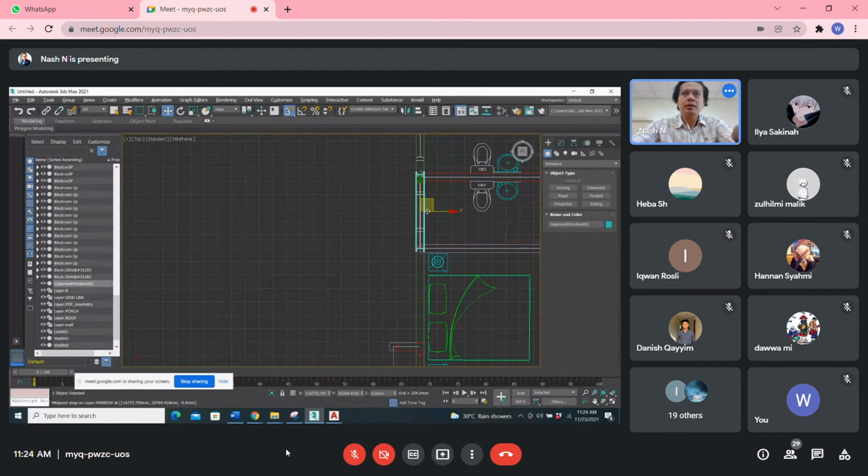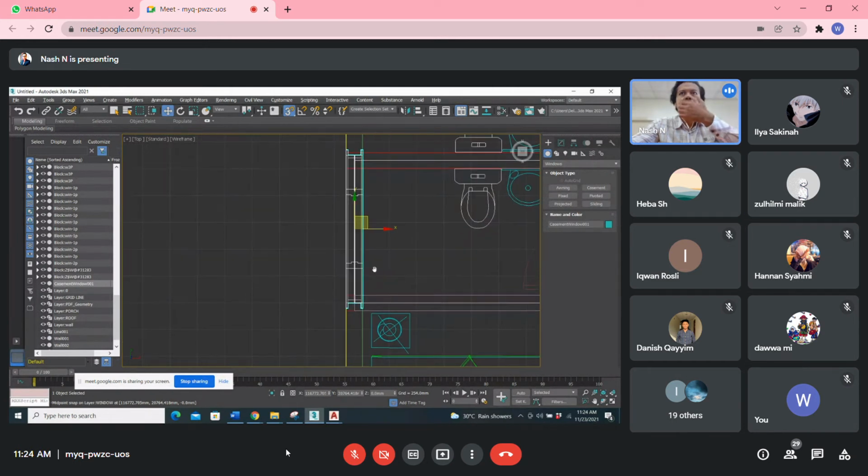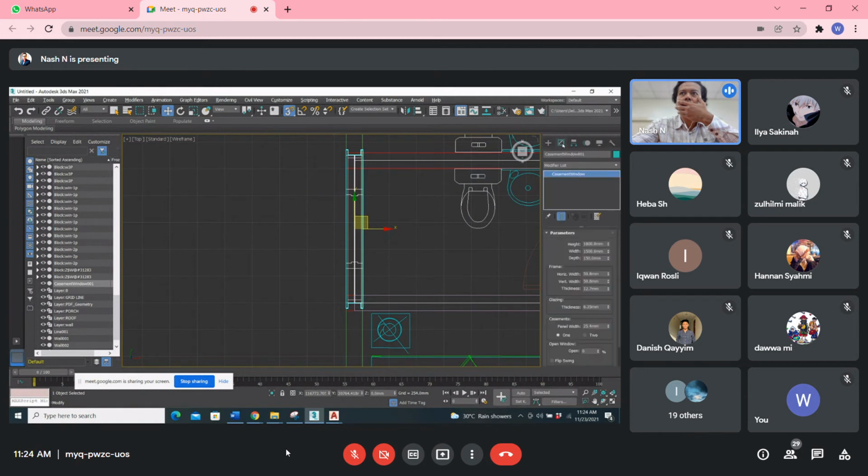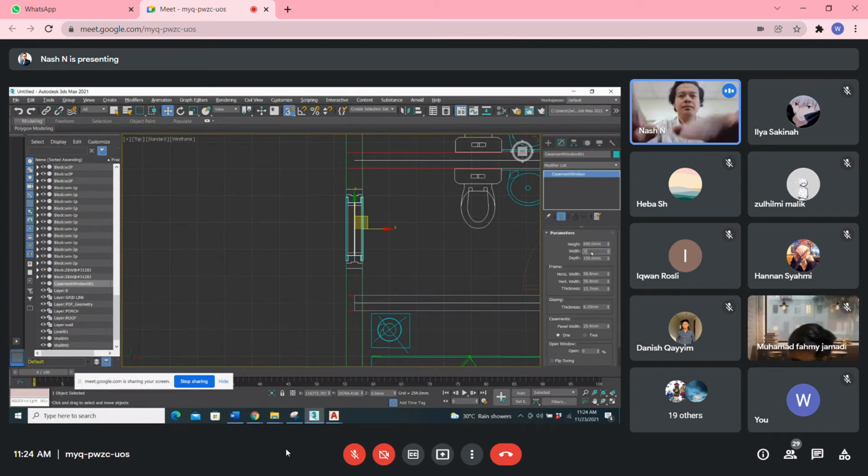And here. So that is our wall. So we have to adjust. If you want to adjust that, go to the modifier list here. Adjust back. What is yours? 600. The height is 1900. Since that is for a toilet, normally the height is only about 600. The width is also 600. See first. 600 or maybe 750. And then that remains 150.